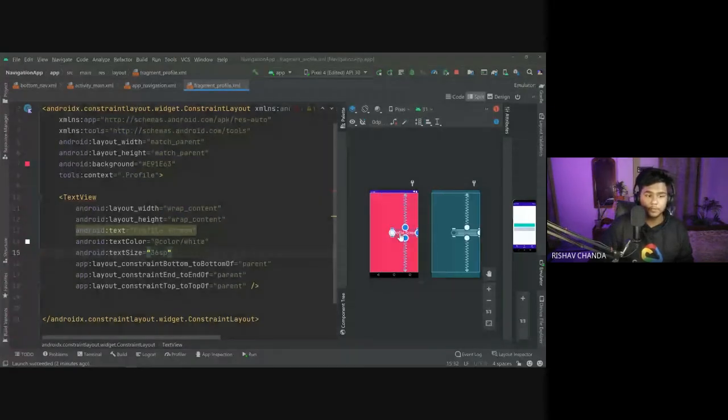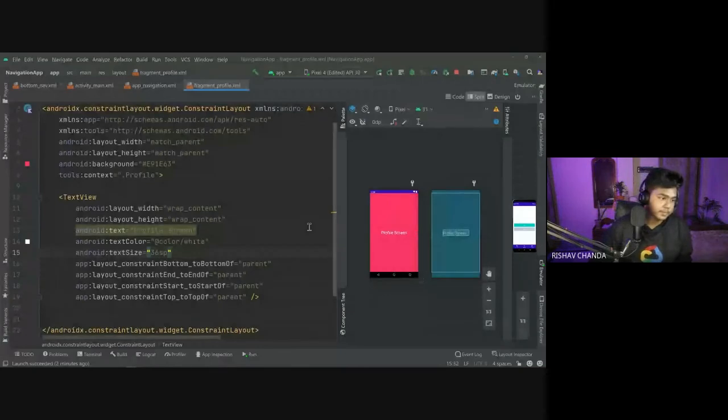So this is the part where the error comes. If you try to do the constraint from here, or if you try to change it from here, things pop up. If you make a slight mistake, then things pop up here. So I don't prefer this method. Simply write the code here. Okay, so now it is at the center.